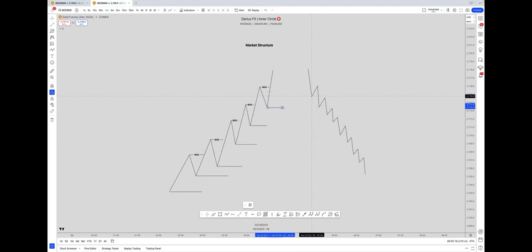The opposite thing here, right? A break of structure to the downside in this case. And because this happens, you say that the market is bearish. We break through that, but also here, we are maintaining the top, like the lower highs. All right. So in other words,